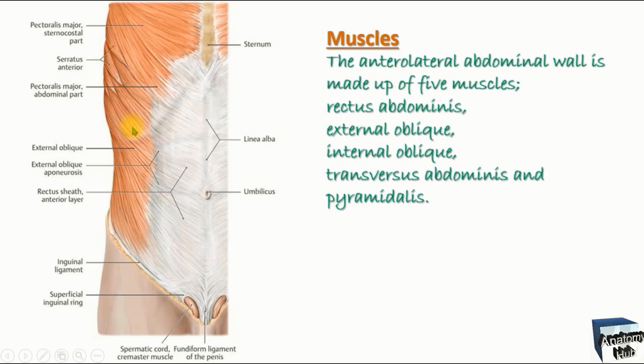These layers are mainly the external and the internal oblique muscle, and the transverse abdominis muscle, and the rectus abdominis muscle and the pyramidalis muscle. So all these five muscles we will study one by one in this video,